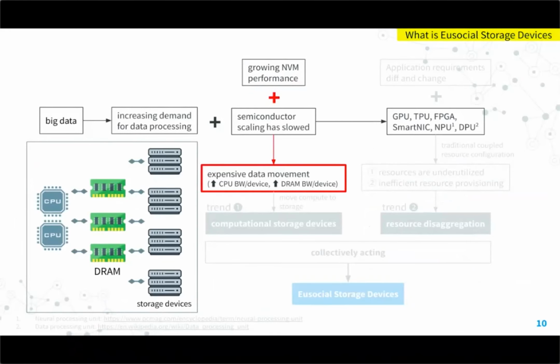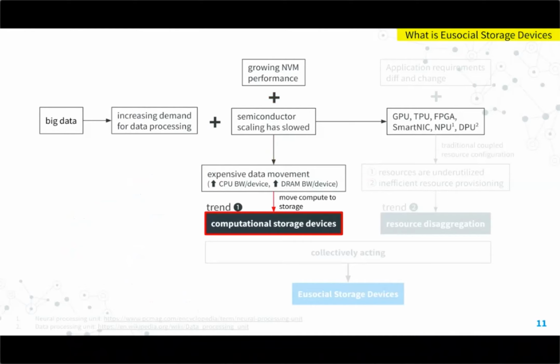With this trend, in traditional storage architectures where the data needs to move to the host computing resources, the CPU and memory, in order to get the data processed, the cost of moving the data in such a way is becoming more and more expensive. Specifically, the requirements of CPU bandwidth per device and DRAM bandwidth per device are both increasing. To tackle this problem, the industry is starting to build computational storage devices where some of the tasks can now be done within the device, thus effectively reducing host resource consumption while improving efficiency.